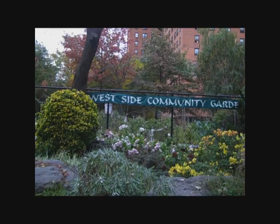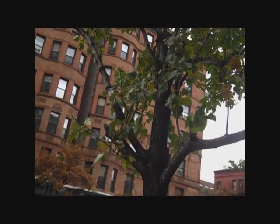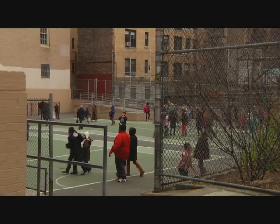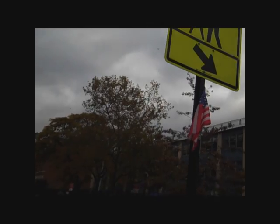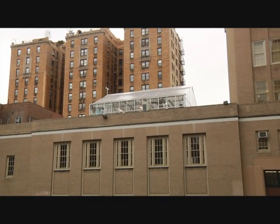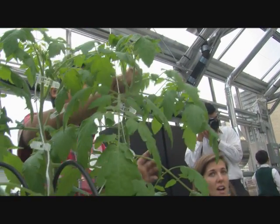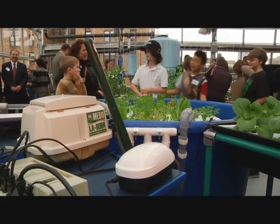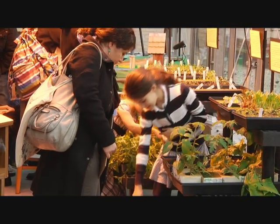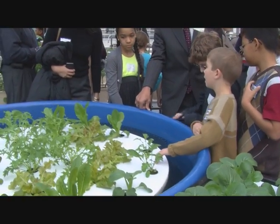City dwellers cultivate nature in boxes, vacant lots, and between sidewalk cracks. At PS 333 on New York City's Upper West Side, nature thrives in a classroom, on the roof. What you sort of have is almost a whole food chain here, minimizing waste and exploring the symbiosis that exists